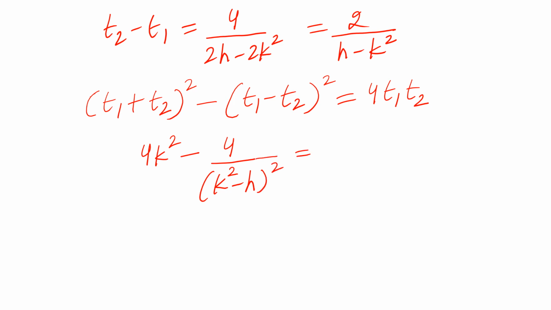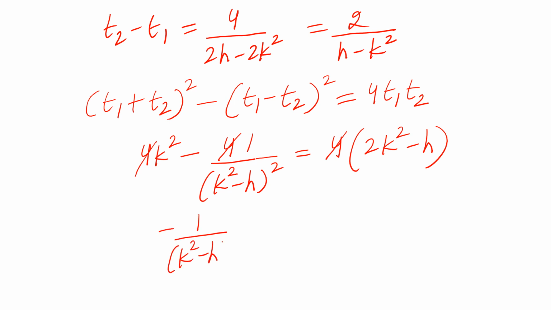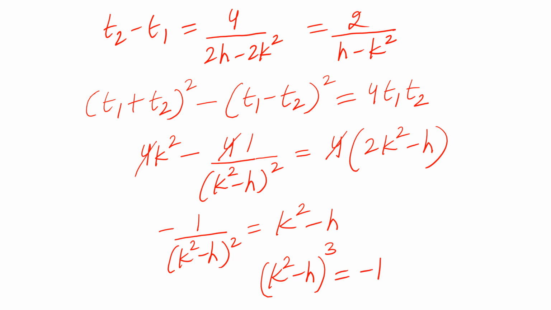And this is further equal to 4 t1 t2. And we have just found the value of t1 t2 as 2k square minus h. Now students, this can further be written as, you can cancel out 4 throughout the equation, and now it becomes minus 1 upon k square minus h whole square equal to k square minus h. So from here I get k square minus h whole square into k square minus h, that is k square minus h whole cube equal to minus 1, or I can write h minus k square whole cube as 1,